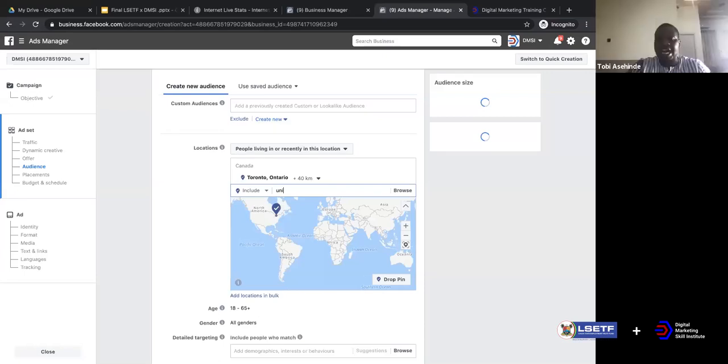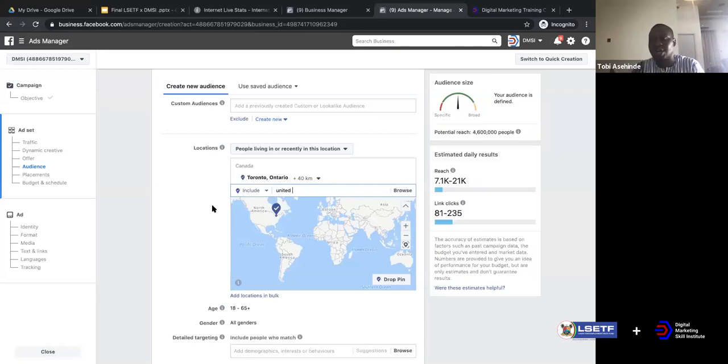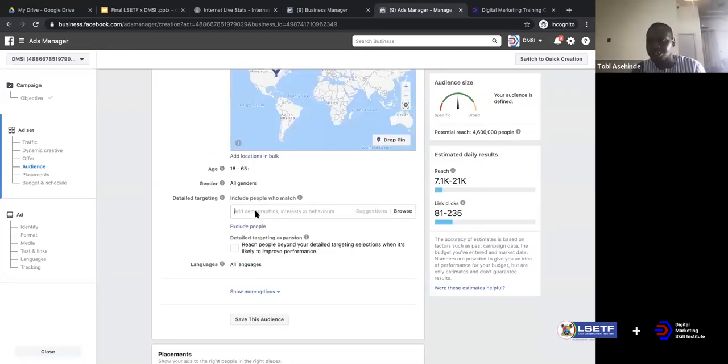So what we need to do is choose the country that we want to target, and then we address the targeting. It depends on what your book addresses. If your book is for job seekers, like I explained, you do your targeting for job seekers, so your ad will show to people in those countries. Do you know what I'm trying to say? Now, if you want to target Nigerians in the diaspora, you target them by what makes them unique to Nigeria. For example, it could be the schools that they've gone to and things like that.